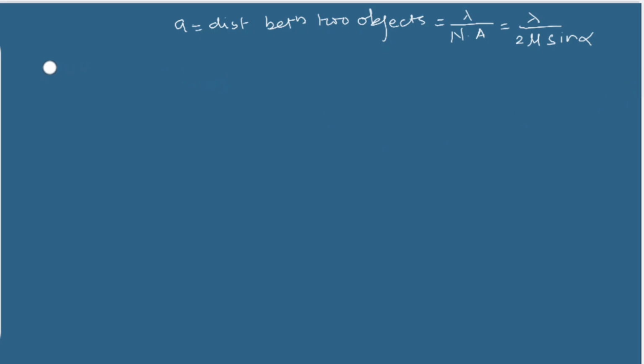There are two cases while studying this microscope. So which are those cases? Case 1 is if these points are non-luminous point objects. Any object that you are observing through the microscope, if they are not self-luminous, so we can say the case is